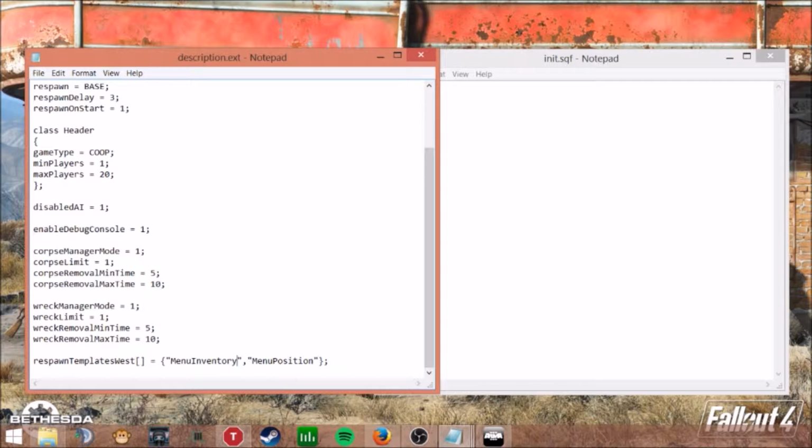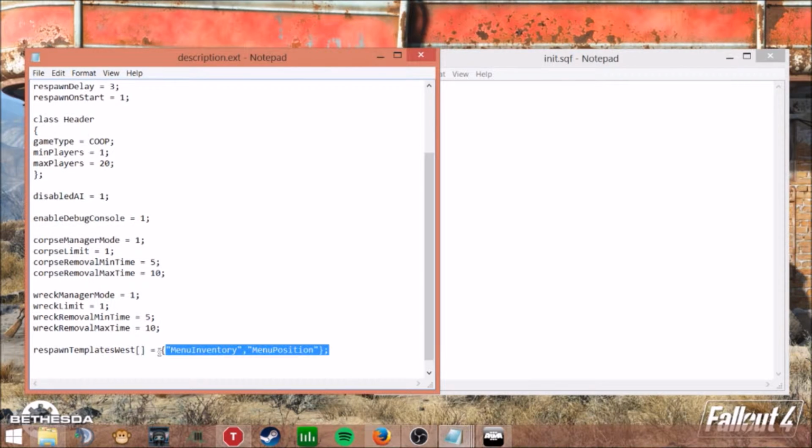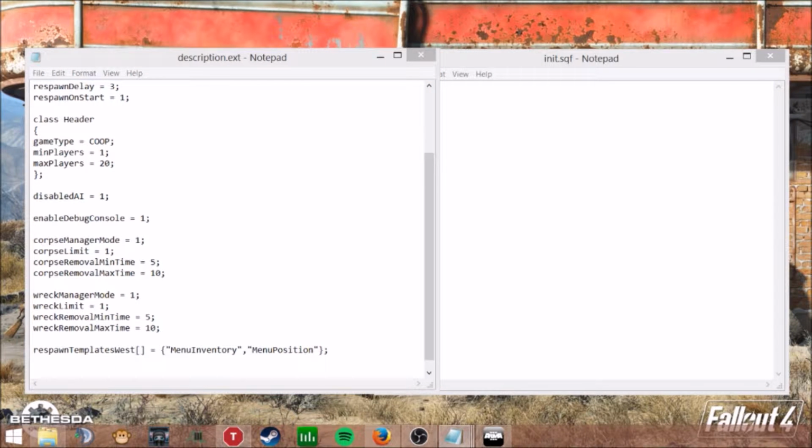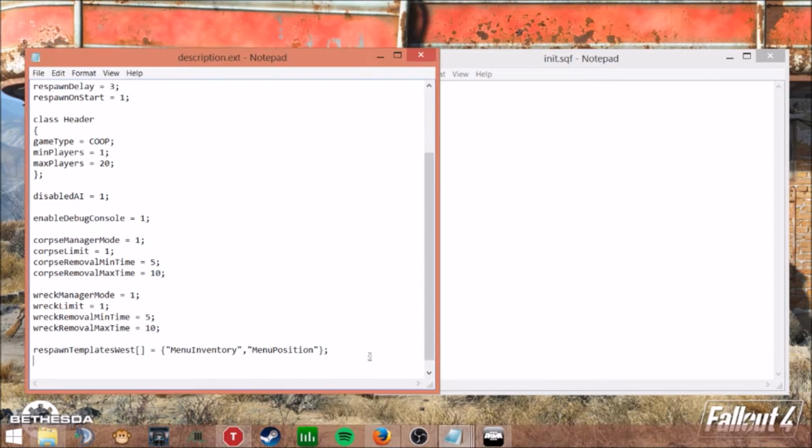So what we'll do is it will pop out an inventory, show a menu inventory like our menu position. After our respawn template west and our menu and position file, we'll go down a couple, and what we'll do is we'll add basically the loadouts we want in this format. So basically we're going to go down, just going to copy paste from another file,